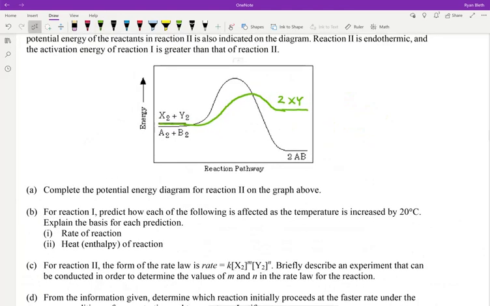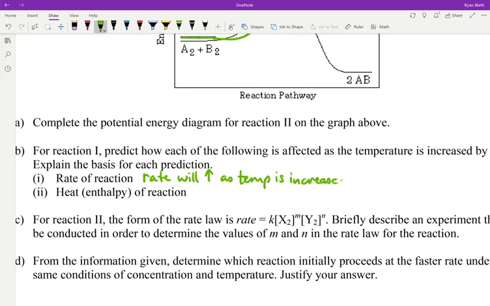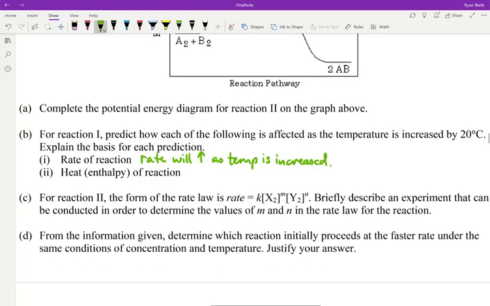Okay, for reaction 1, predict how each of the following is affected as temperature increases. The rate of reaction, we've talked about this before. Rate of reaction will increase for any reaction as temperature is increased. And while I won't write out a ton of answers here in terms of description, I will talk through them. And if you're listening along, then I would say put them into your own words, paraphrase however you feel you need to. We've talked a bit about this before, that when you raise the temperature of matter, you're increasing the